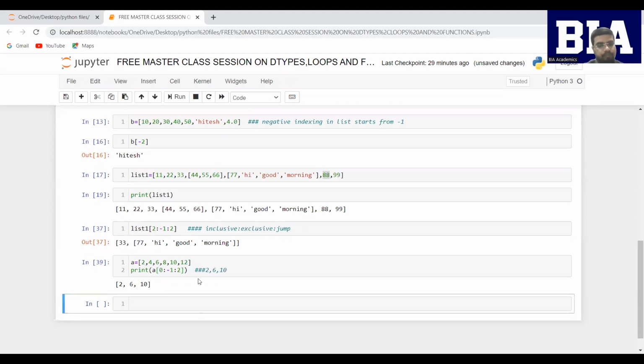Now see, what it has done is it has left one element in between. So 2 से start किया because it was inclusive, 0 से अपना list चालू हो रहा है. So 2 से start किया, एक jump मारा, 6 पे गया, फिर 6 से start हुआ, फिर 10 पे गया. अपना इंडेक्स पोजीशन अगर मैं चेंज करके